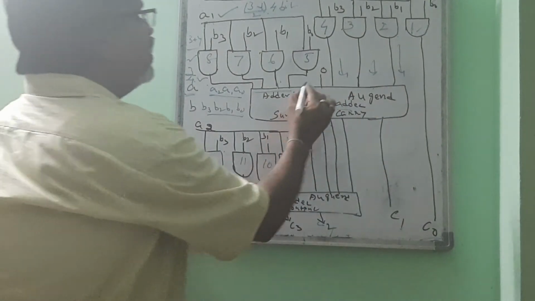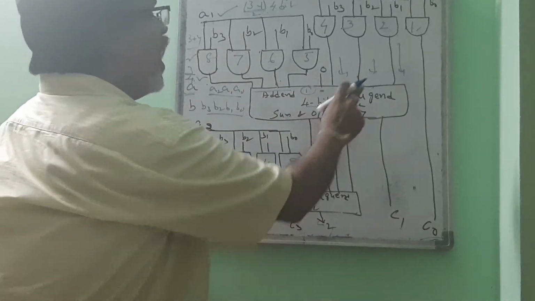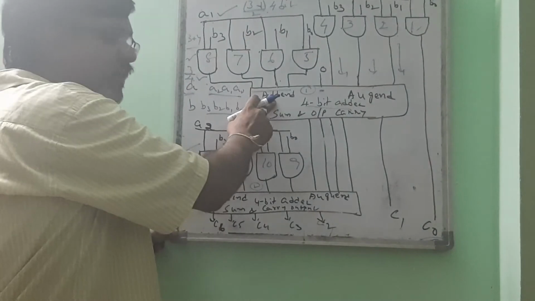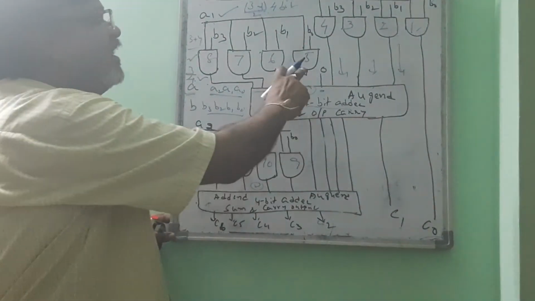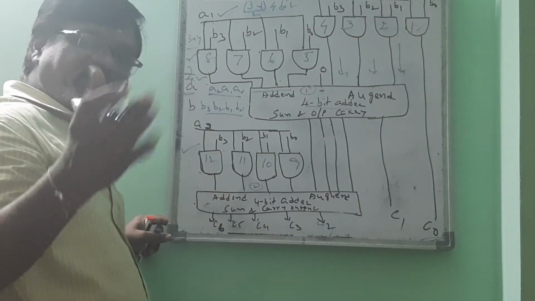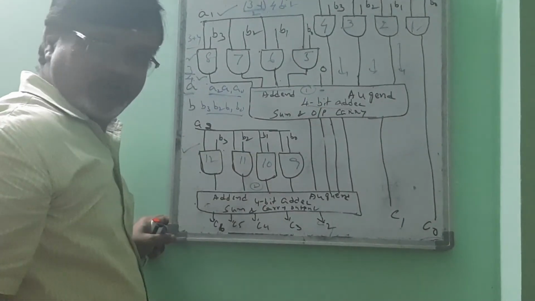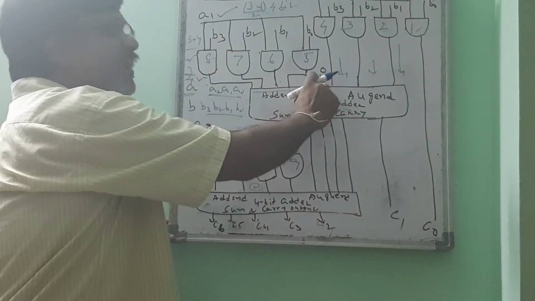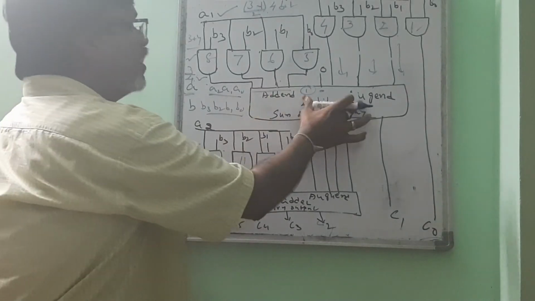Remember, in this first 4-bit adder, we are adding an extra bit to the augend. Why we are adding an extra bit is, when the addend contains 4 bits, the augend also must contain 4 bits. Adding 0 in its most significant bit position doesn't change its value. That's why we have added 0 over there. So 0, 1, 1, 1 is equal to 1, 1, 1. That's why we added 0 here to make it 4 bits, and these 4 bits got added.